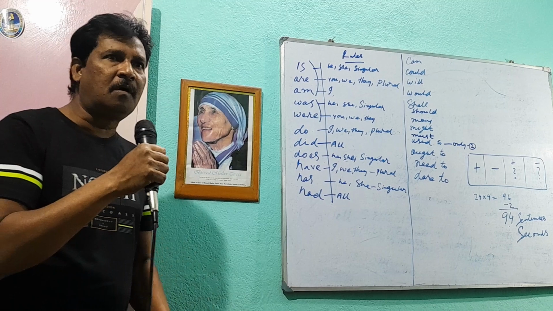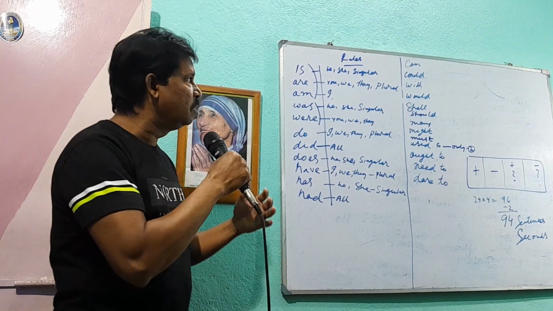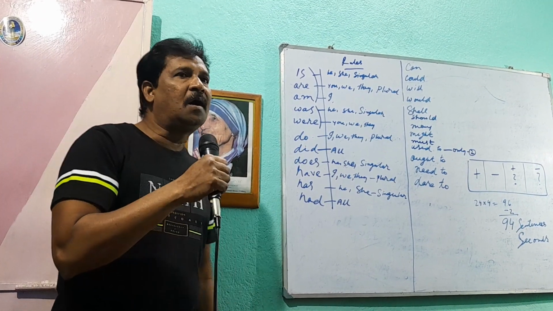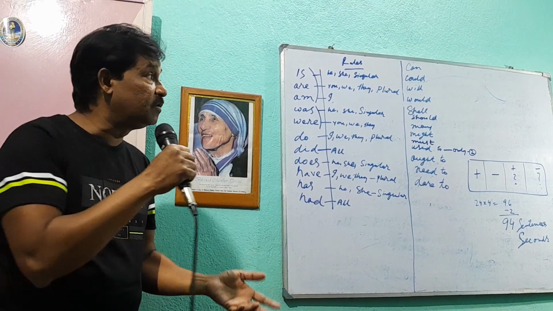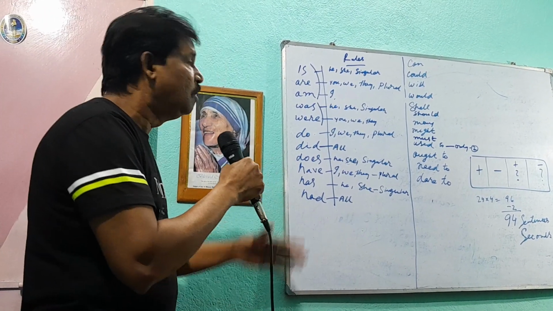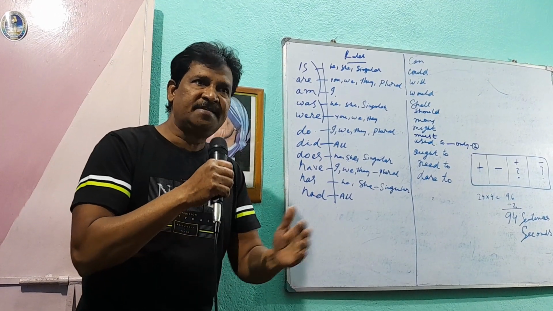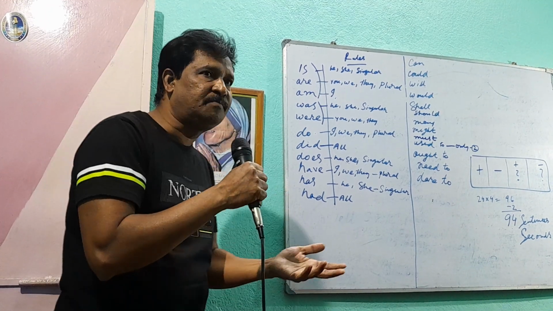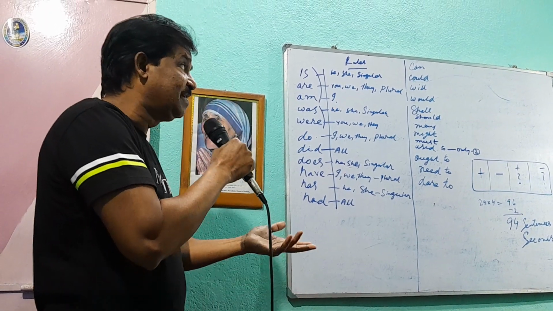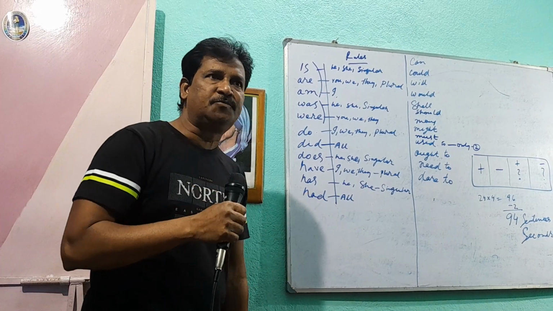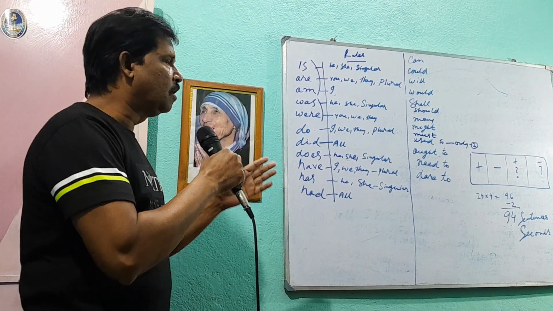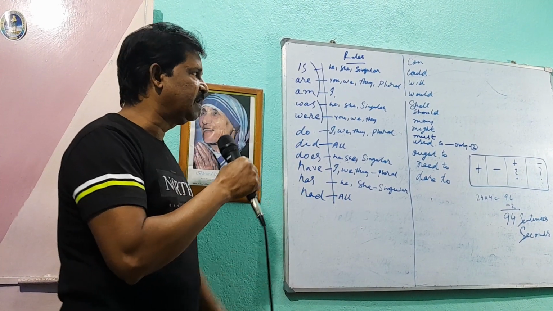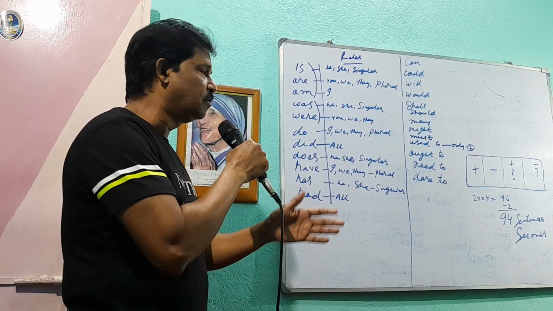It may rain tomorrow, it may not rain tomorrow, may it rain tomorrow, may it not rain tomorrow. Uncle might come tomorrow, uncle might not come tomorrow, might uncle come tomorrow, might not uncle come tomorrow. We must take the medicines at proper time. We mustn't take the medicines at proper time. Must we take the medicines at proper time? Mustn't we take the medicines at proper time? I used to eat a lot of chocolates. I never used to eat a lot of chocolate. We ought to respect the national flag. We ought not to respect the national flag. Ought we to respect the national flag? Ought we not to respect the national flag?